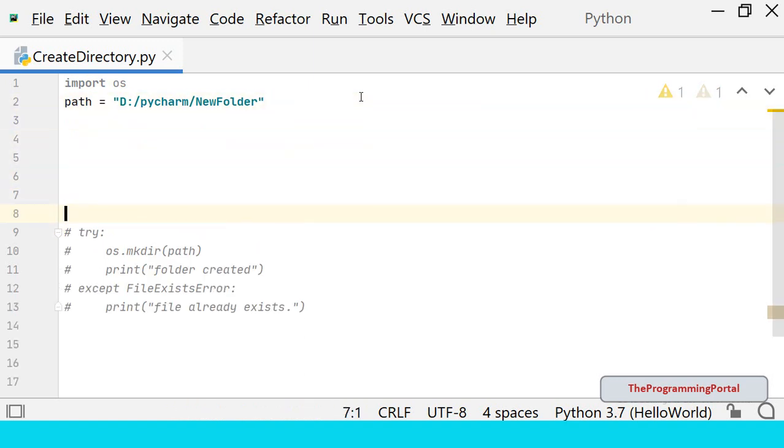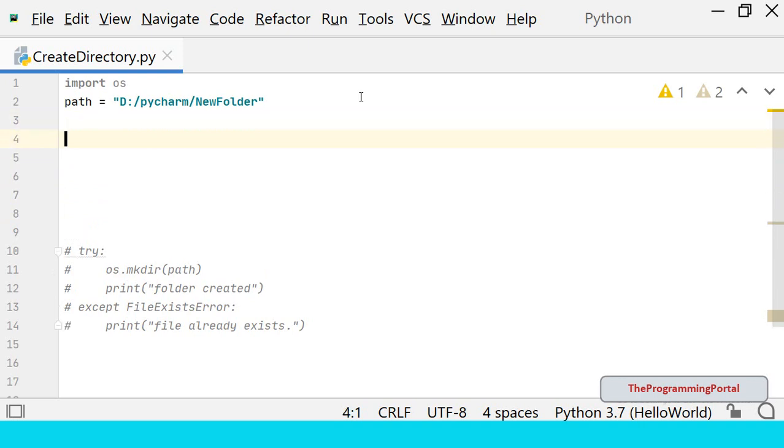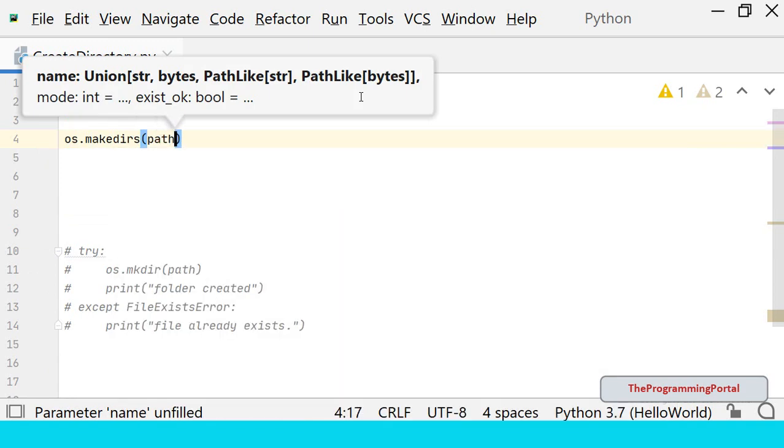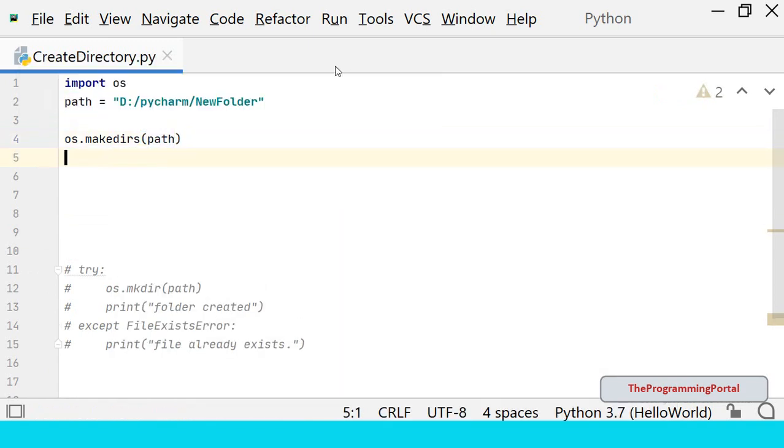So we will call that function. So I can write os.makedirs and I can write path. This code will first create the PyCharm folder, then it will create the new folder inside it.